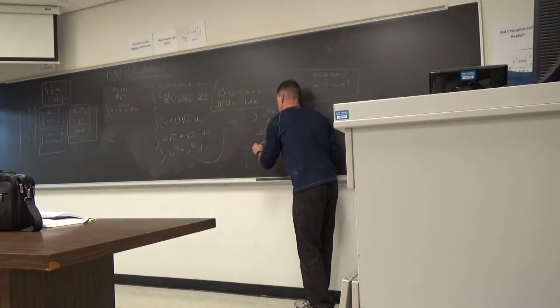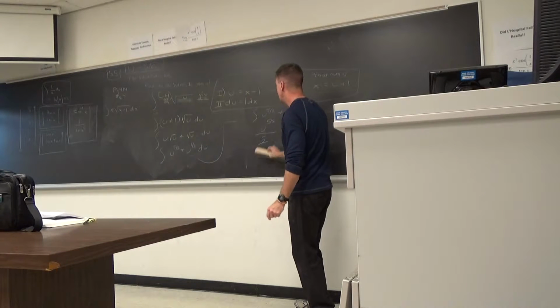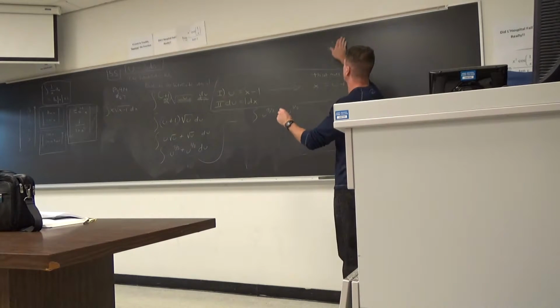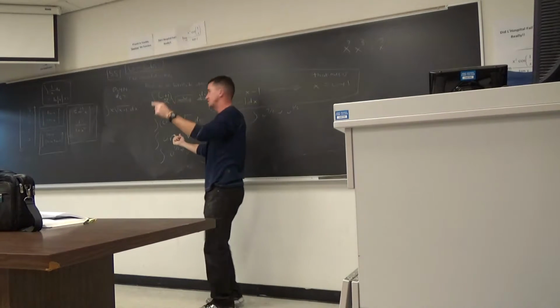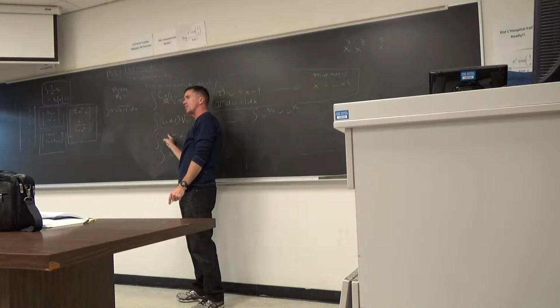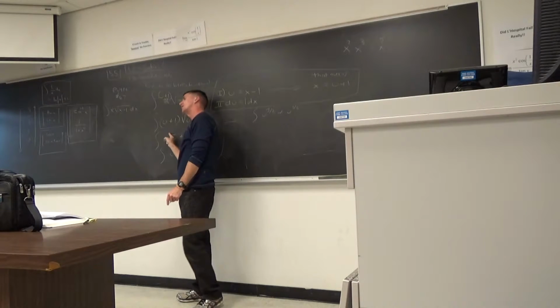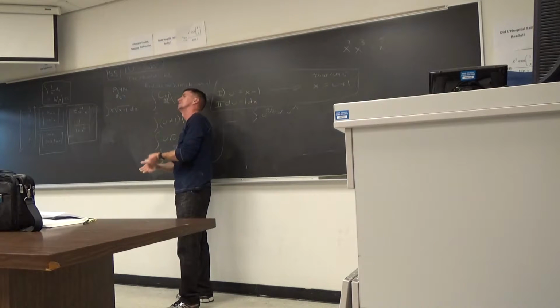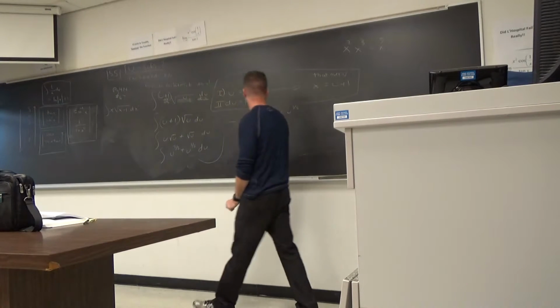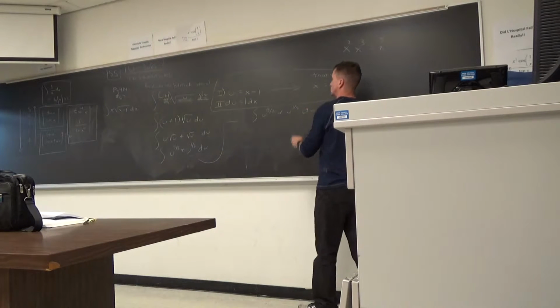Go ahead, Josephine. Where'd you get the u to the 3/2? Before I do it, I just want to make sure you're comfortable. We've got to go back, old school math, algebra, x squared, x cubed. What do you do with these? When you have something like this, in this scenario, you add the powers. Once he said to distribute this, he's talking about taking this exponent and adding it to that exponent. That one has, Josephine, a 1. This one has a 1/2, and 1 plus 1/2 is 3/2. That's where it's coming from. And so ours, when I do this again,